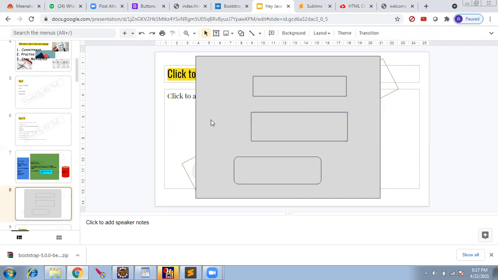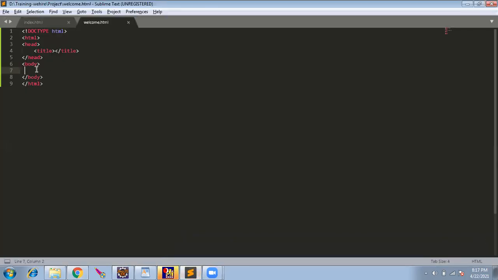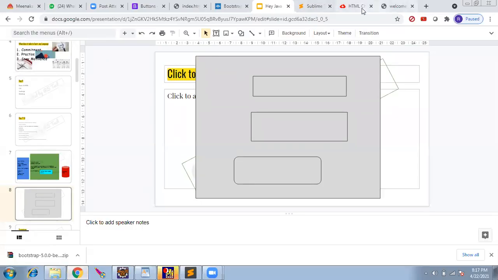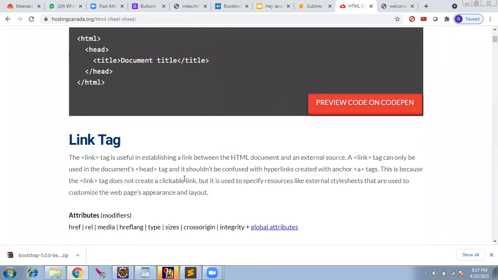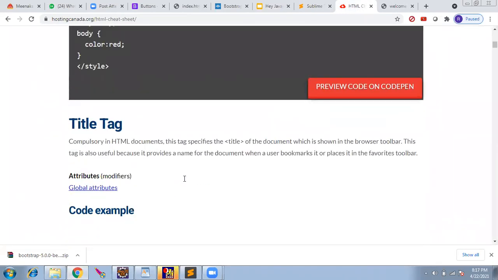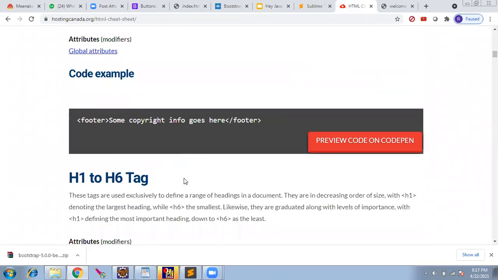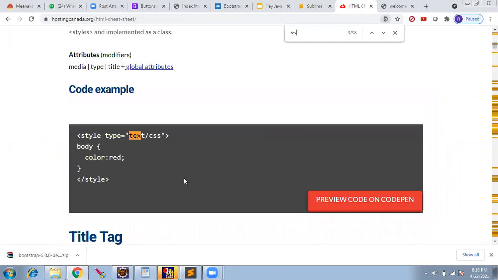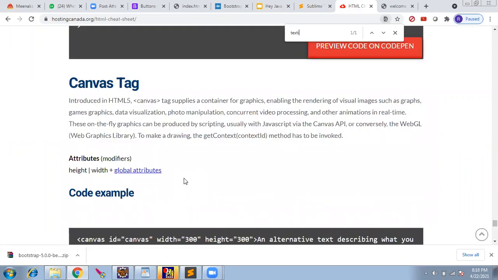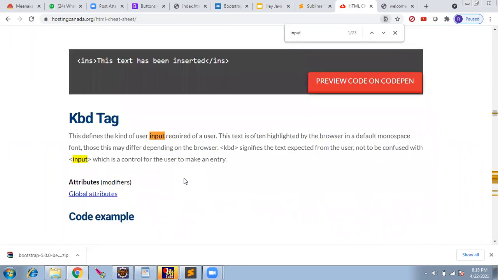So for that, I'll go to the code. I have to give one input text box. So I'll go to the documentation to see how to bring the text input. I'll search for text input. Okay, here it is.